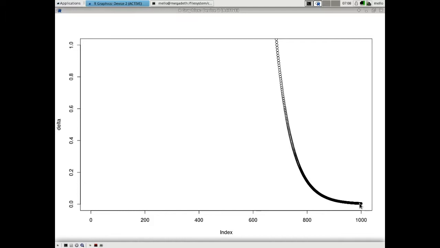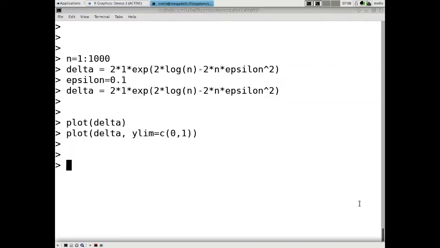For example, if I consider another epsilon, and I'm more lenient, I will accept an error smaller than 0.2, because I'm happy with 0.2. I'm not that picky, so I decided to use 0.2.